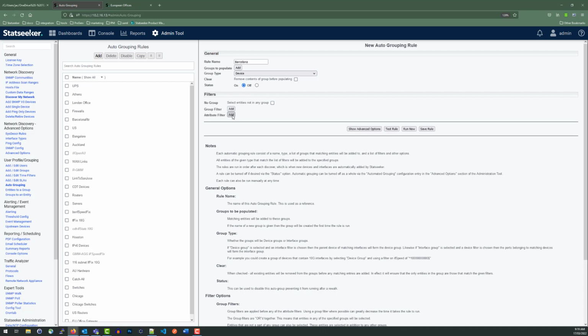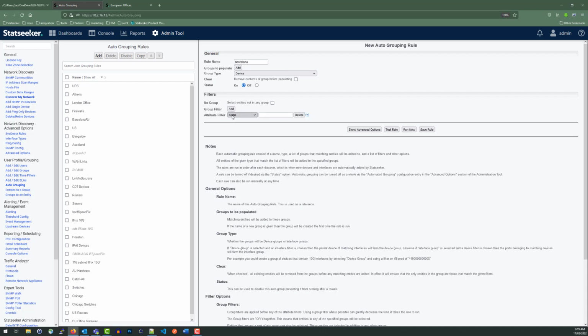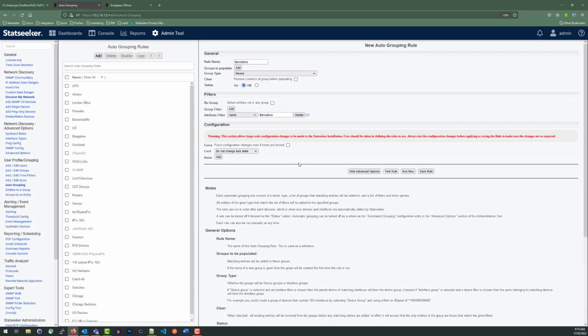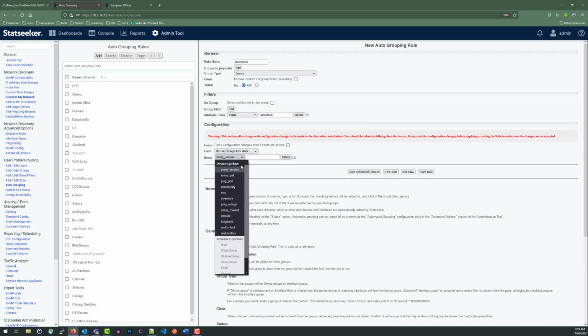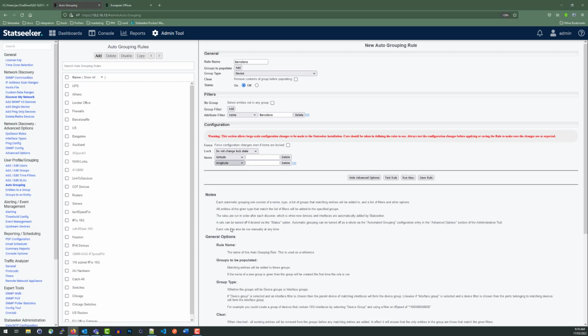I'll still employ a filter to focus the rule to the devices that I want updated. If I had a group for my new office, then I could use a group filter, or I could employ an attribute filter. In my instance, all the devices have Barcelona in the device name, so I'll just use that. Now I show advanced options and add the configuration fields that I want updated, latitude and longitude. Add the values